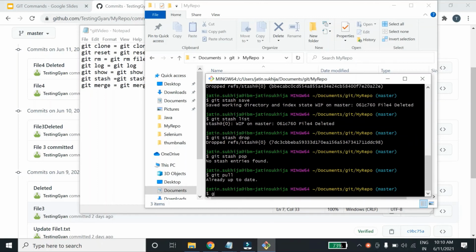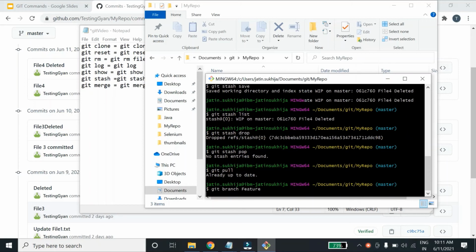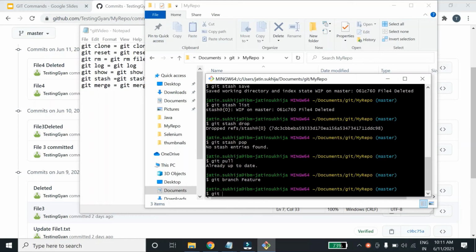Let me create a new branch feature. Git checkout feature.